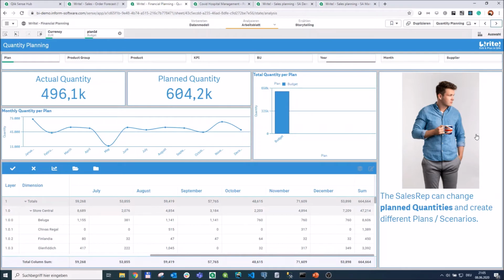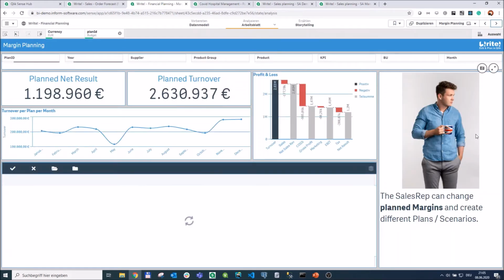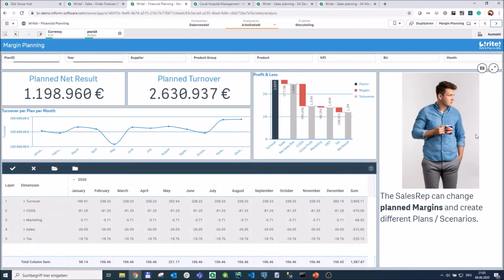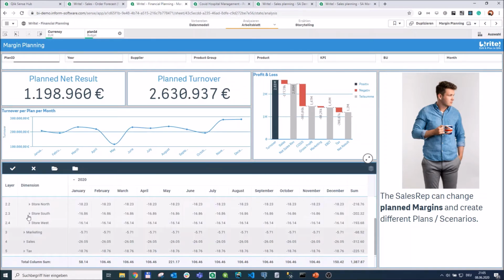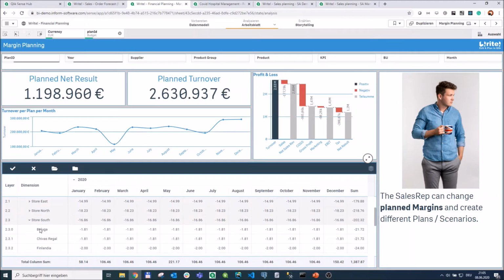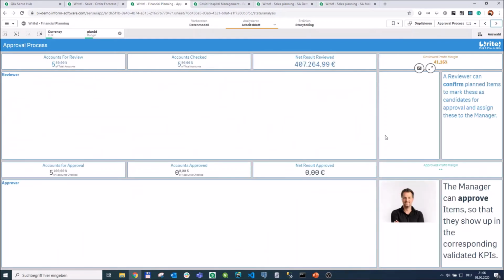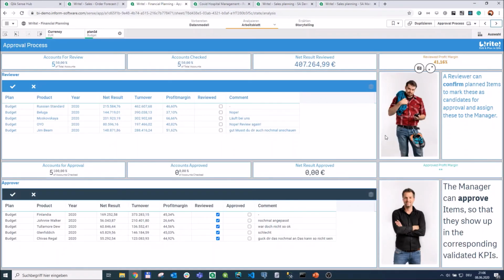On the next sheet you have the possibility to do a margin planning besides the quantity planning. And here you have this hierarchy of a P&L structure. So you have those KPIs like turnover, cost of goods sold, and so on. And this can all be expanded to, again, the store levels and then the product levels, where you can do your margin planning. And the next sheet, which is really cool, has an approval process implemented,